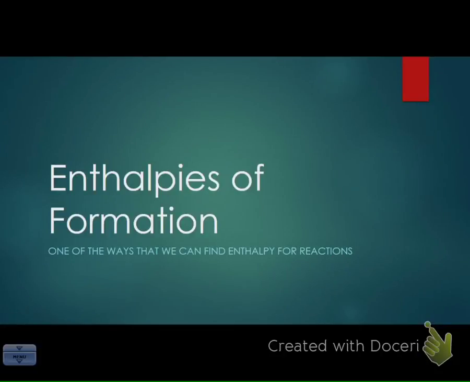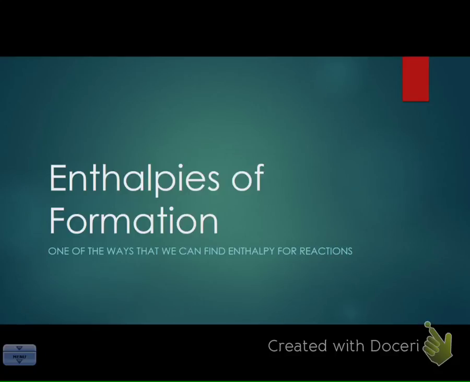Hey again, everybody. It's time for our last way to find enthalpy. I'm going to walk you through just a few problems. This is very easy stuff, but it's something that's very consistently used for any thermodynamic property. Today we're going to be looking at enthalpies of formation, and that's all we'll be doing, but just keep in